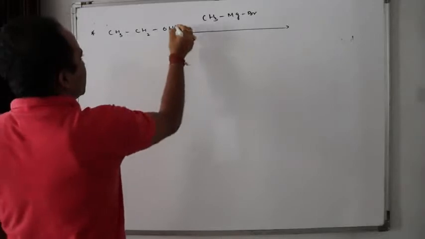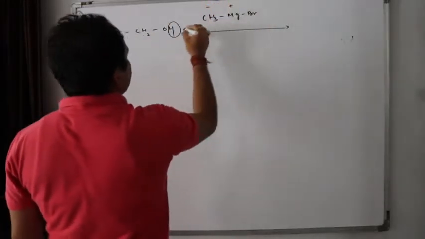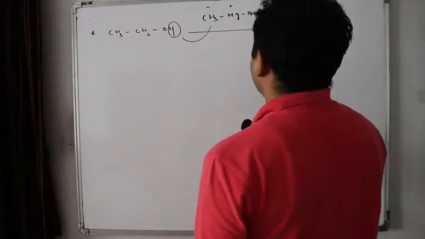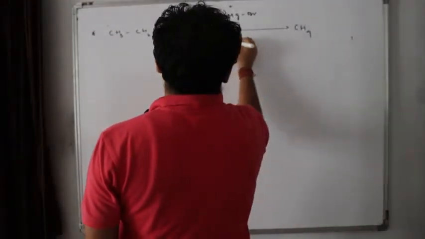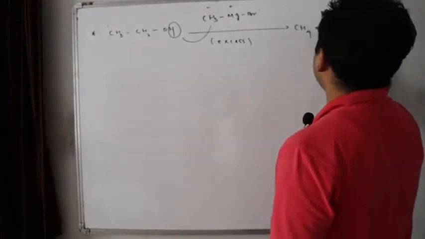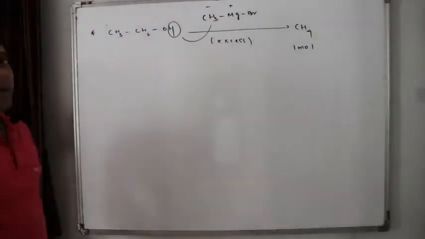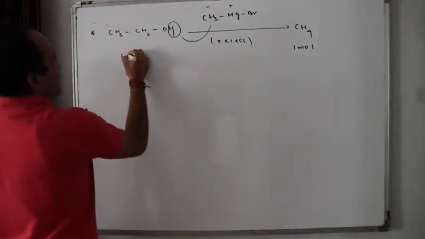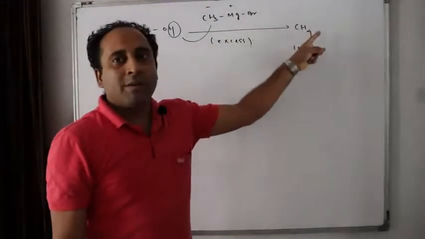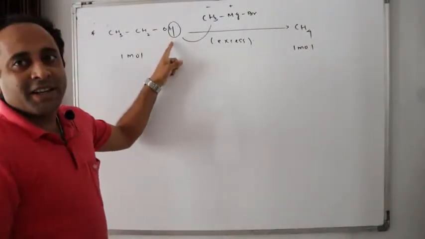Do you remember that this is the active hydrogen, isn't it? Now this is plus, this is minus, this H plus will attach here. So what will I get here? Methane. If I take this in excess also, I'll get what? Methane. How many moles of methane I will get? 1 mole methane. Because here if I take 1 mole and if I take excess Grignard reagent, then how many moles of methane are formed? 1 mole. This proves that there is only one active hydrogen in this starting compound.